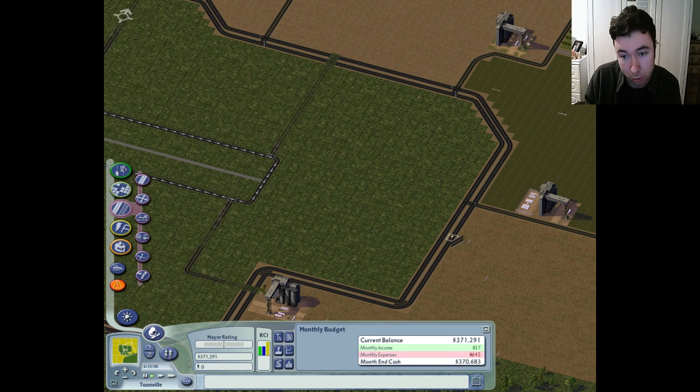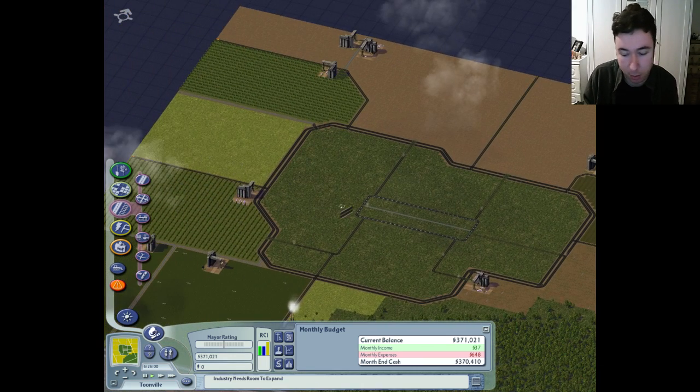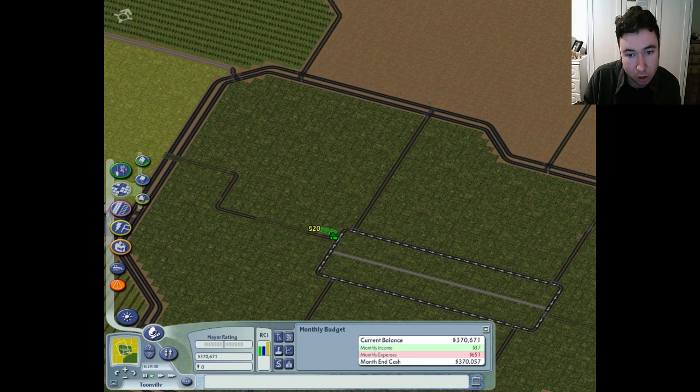Actually, maybe we could just do that instead. That'll be fine. So adequate access to the middle here. Plenty of access routes off of the avenue. It's almost like little districts within the town. Okay, so let's start with...